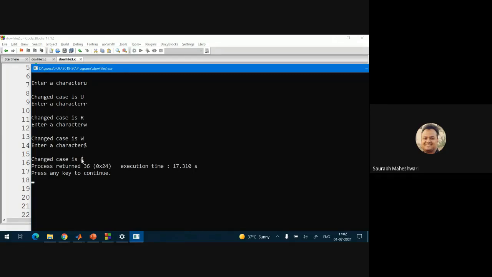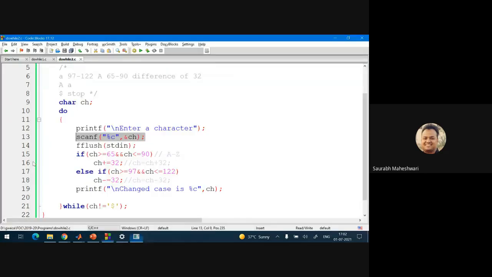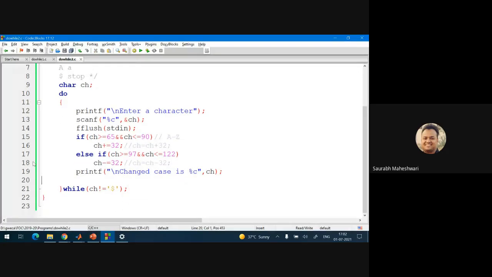Okay, so it didn't change the case for the dollar also, because dollar will not be requiring any plus and minus, so it will not be in this range. So that is why dollar is printed as it is. Okay, you understood the use of fflush(stdin), what was the problem? I can explain again, but this is an important thing.